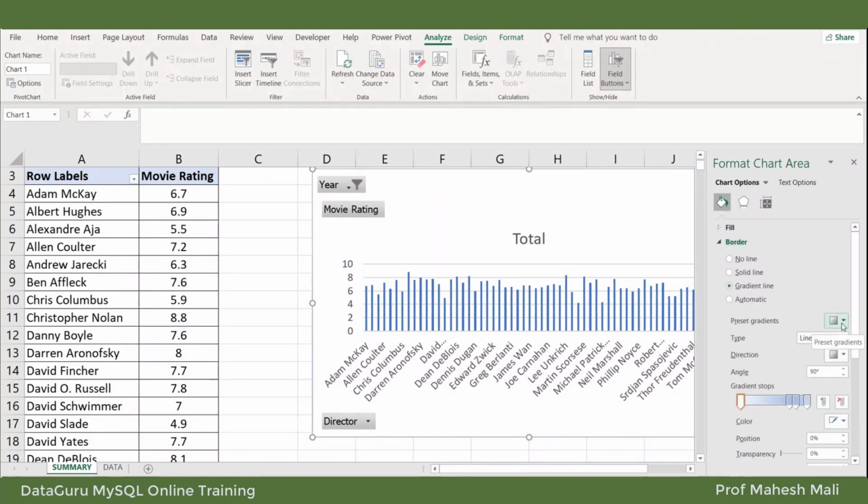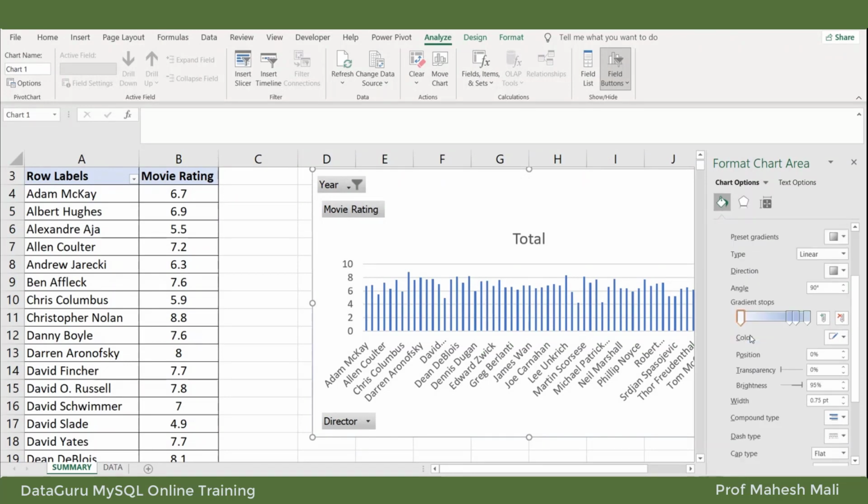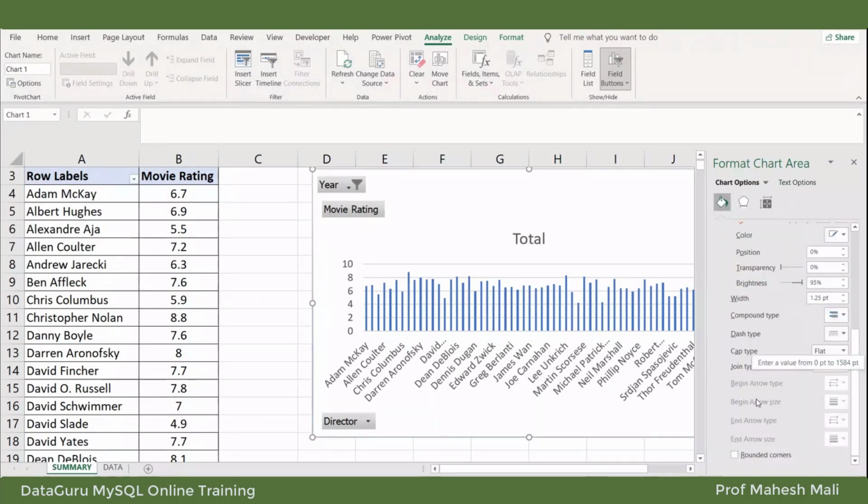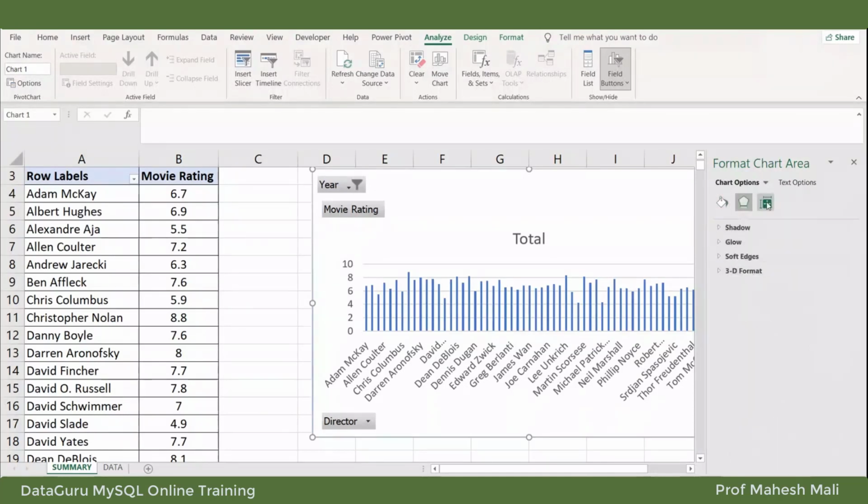Okay, definitely we are going to use it, because we want you to create nicely drafted graphs. Okay, not just simply drag and drop, but nice graphs are required.